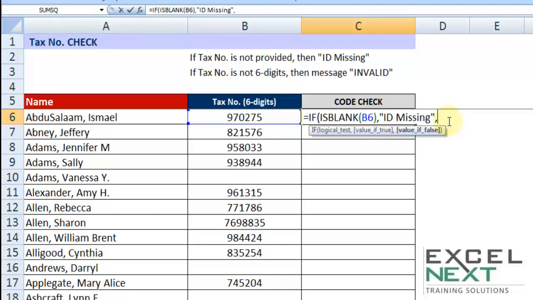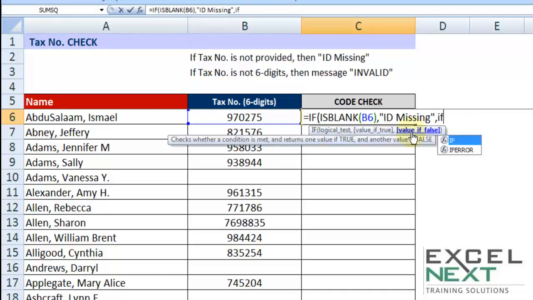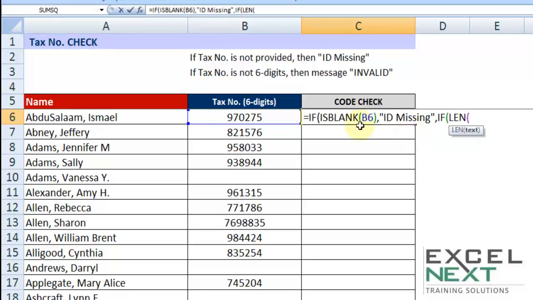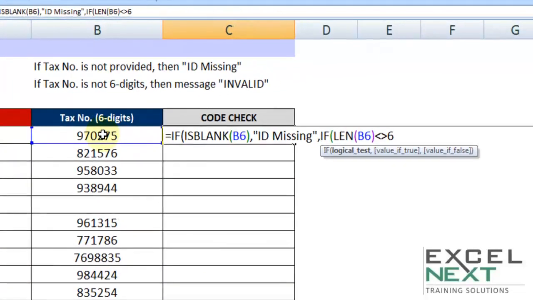So I ask another question using another IF in the position of value false, saying if length of this code is not equal to 6, that's the sign for not equal to. If that is not equal to 6, the message to be shown is "invalid", comma. So that's the second question.